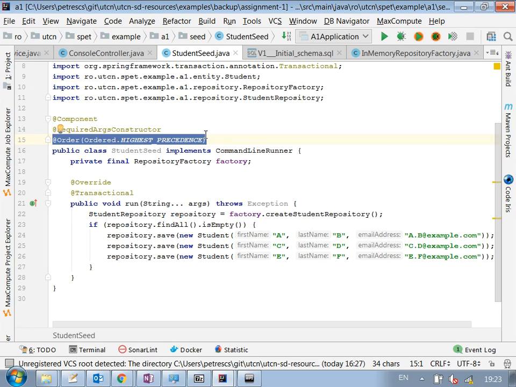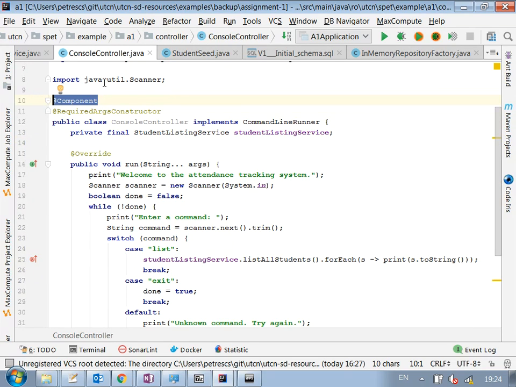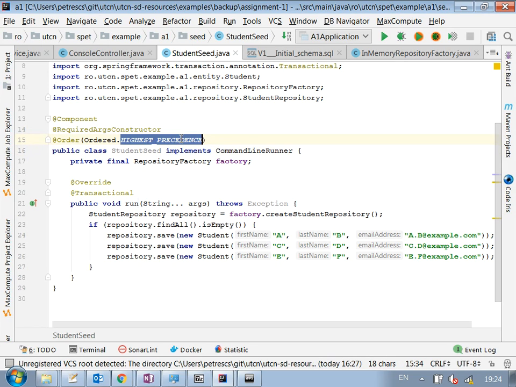The other command line runner depends on this one, and this console command line runner actually blocks, because we have this while loop: we block and expect the user to input, then we execute something, then we expect input again, and so on until we finish. So just to get this to run at all, basically the seed, we need to make sure that this is